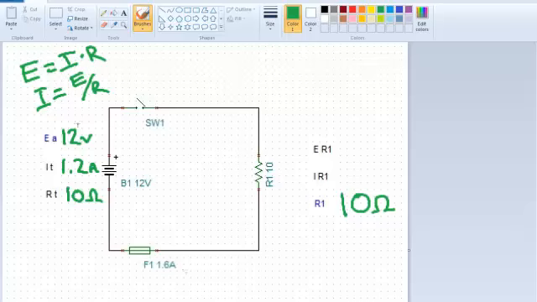Since this is a series circuit, I know that I can take that same current and apply it to every component because there is only one path for current. Current is constant as it flows around the circuit. So I can apply that same current value